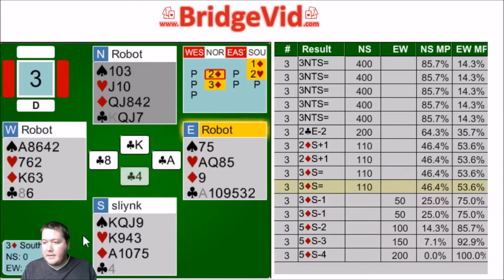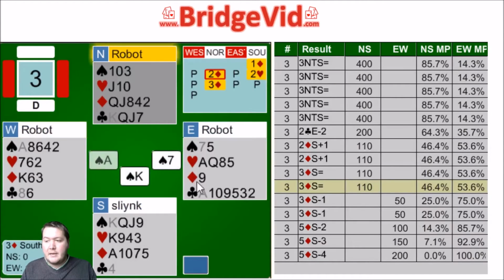Okay, so this south hand's the dummy. It went a club to the ace, and then the east hand switched to a spade. Now looking at king, queen, jack, 9 of spades, and king, 4th heart,